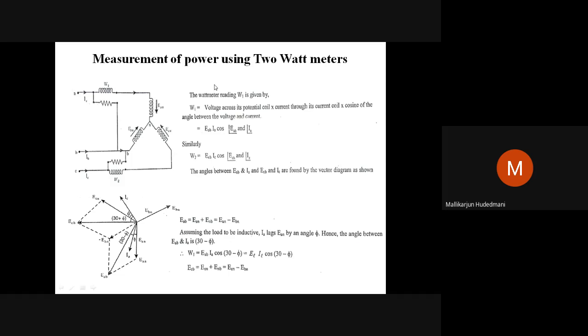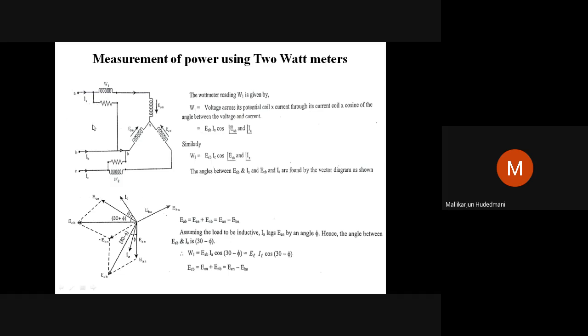So now I come to the point. The wattmeters are installed in line 1 and line 3 as shown. Let the load be star connected. The voltages in each phase group, I can say, are EAN, EBN, ECN, with respect to the neutral point. This is the point of common connection.